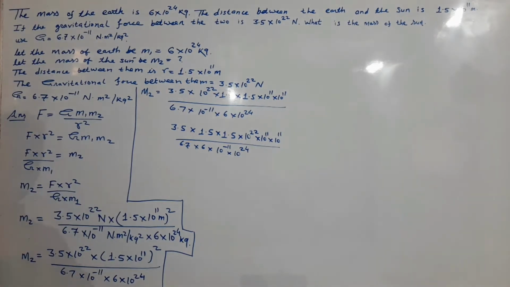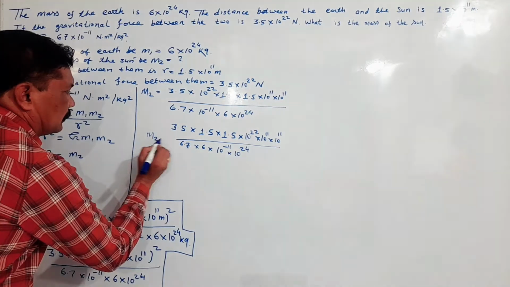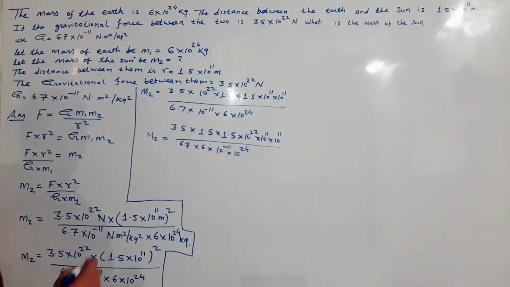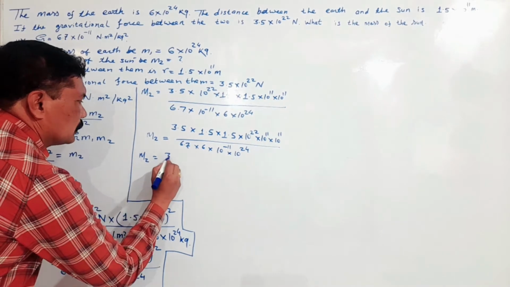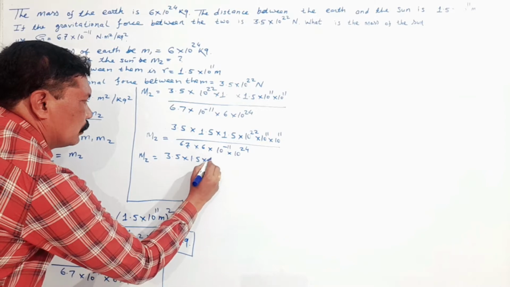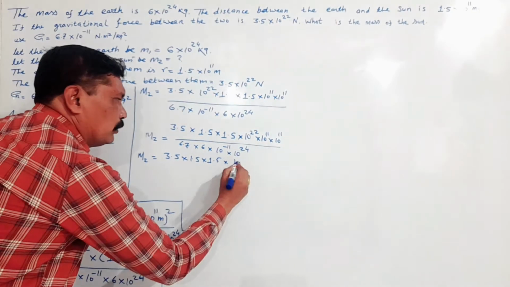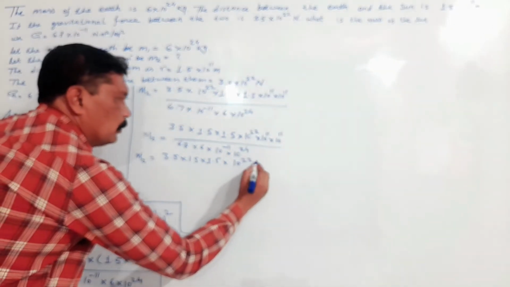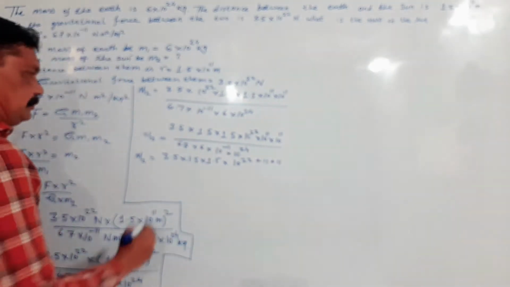So my dear student, we have taken 10 to the power at one side in order to make our calculation easy. Now my dear student, here we can write m2 is equal to 3.5 into 1.5 into 1.5 into 10 to the power 22 plus 11 plus 11